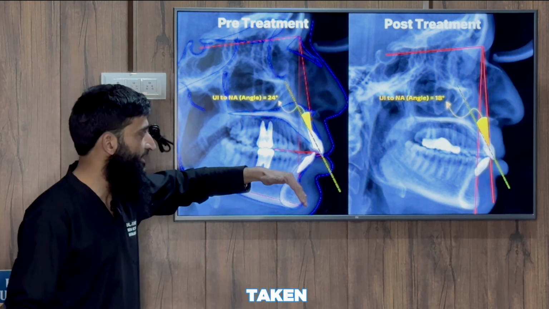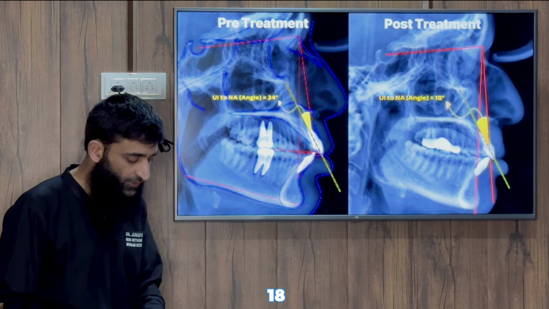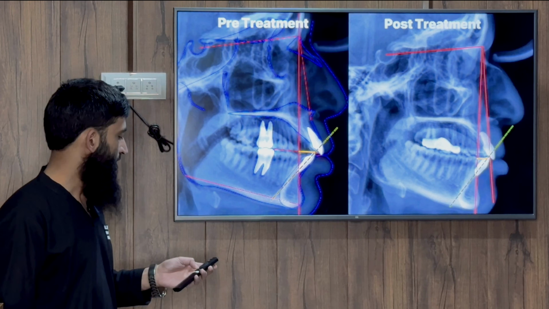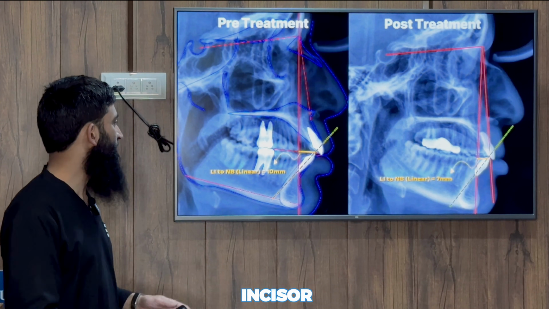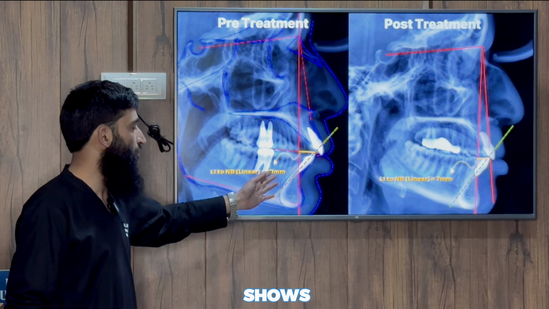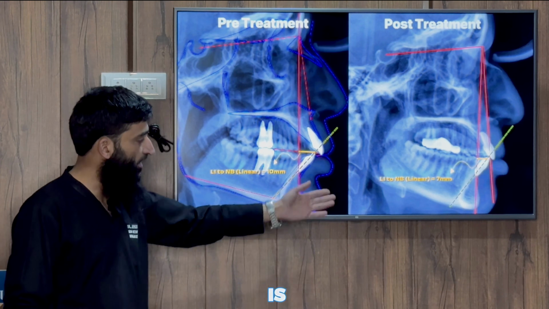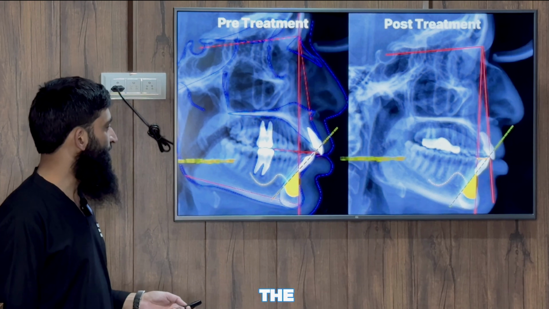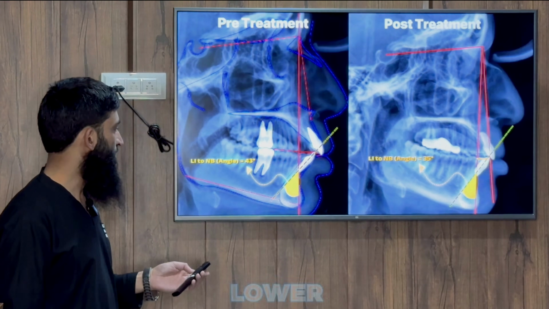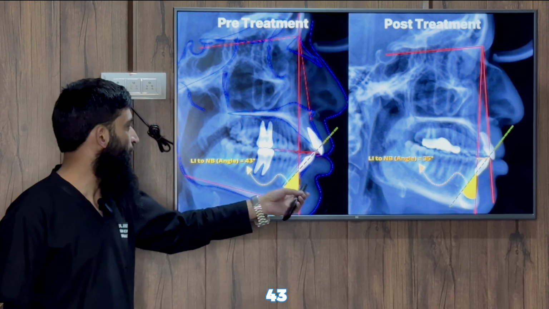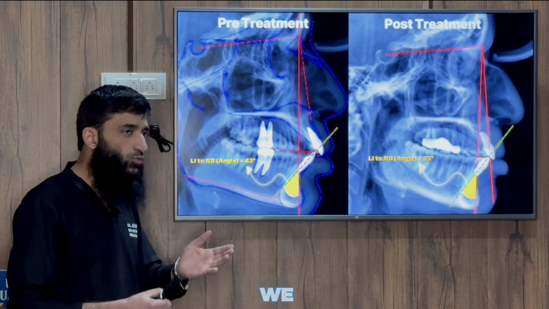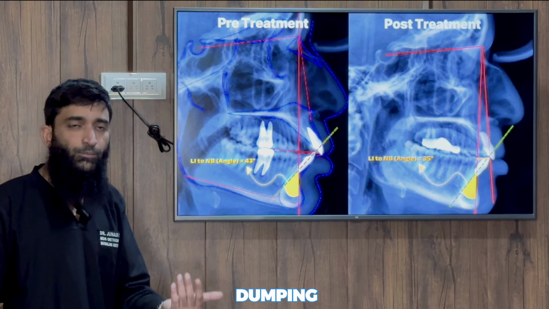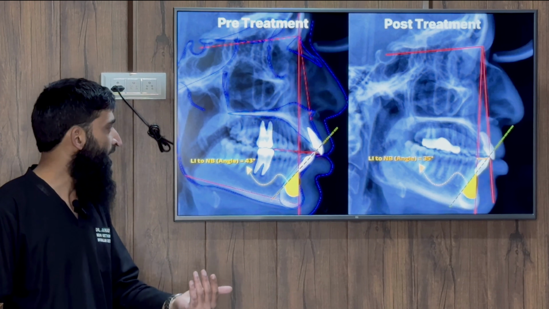We have taken them back, so it comes out to be 18 degree now. And lower incisor linear measurement shows that it was 10, now it's coming out to be 7. And the lower proclination from 43 to 35. Now we have retroclined the lower incisors, we have done lingual tipping of the lower incisors, and